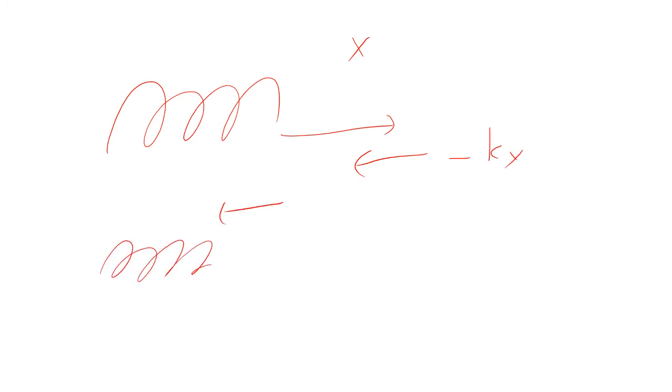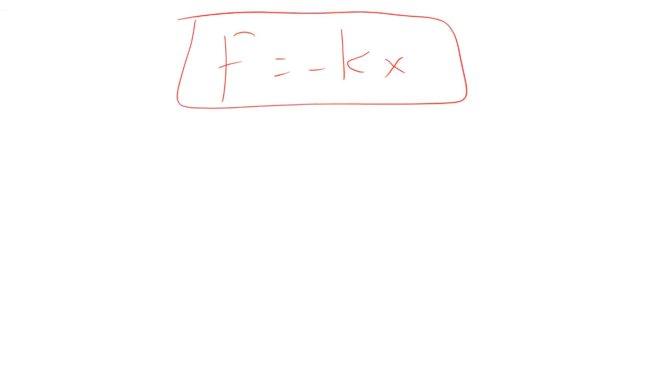So what that means is that if a spring is stretched some distance x, it's going to pull back with a force kx. If you squeeze a spring, then it's going to push back with a force of minus kx, because in this case x is going to be negative. And so what we've got here is F equals minus kx. That is Hooke's law,